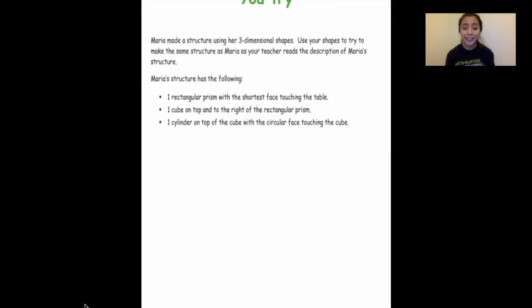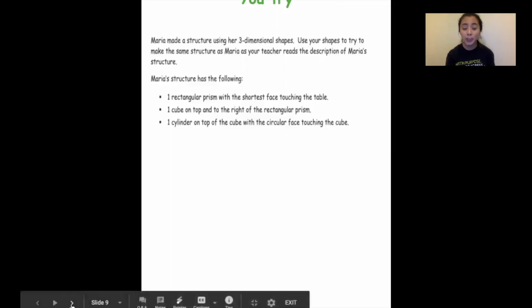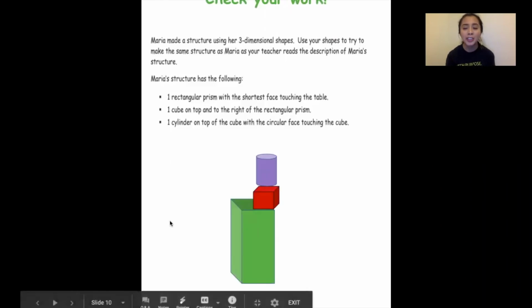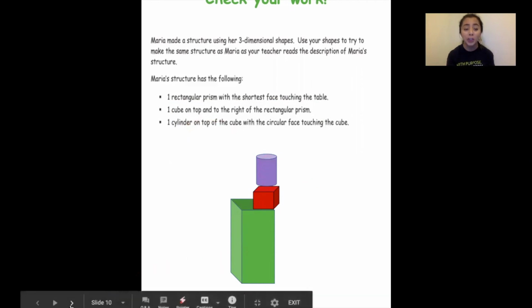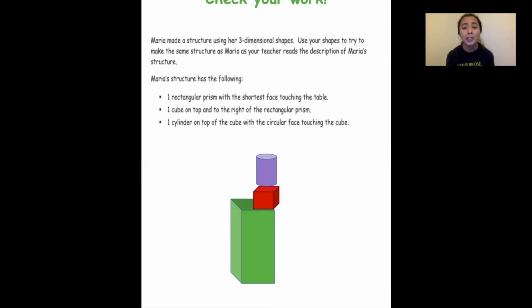All right, so let's see what shape she was able to make with her 3D shapes. All right, Kipsters, does yours look like this? Remember, she had one rectangular prism with the shortest face touching the table. She then had one cube on top and to the right of the rectangular prism, and one cylinder on top of the cube with a circular face touching the cube. Does your shape look just like this? If it does, give yourself another pat on the back for being able to make the composite 3D shape that